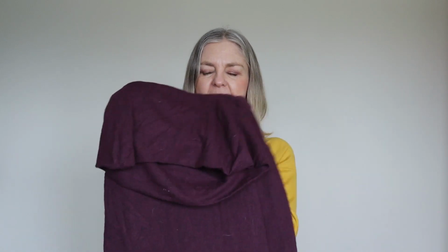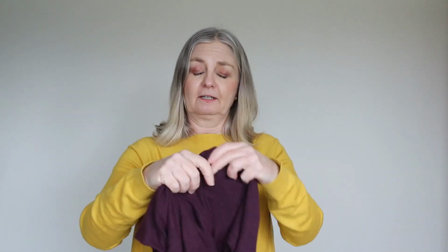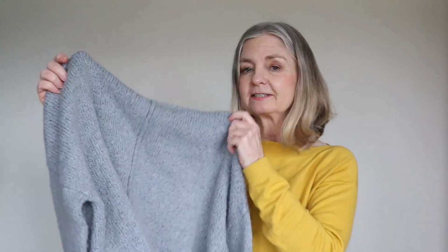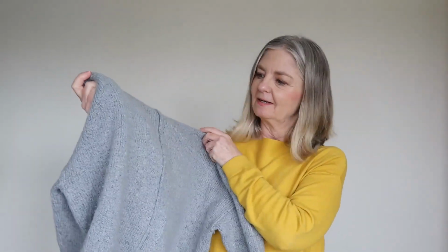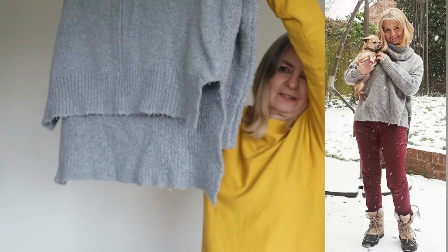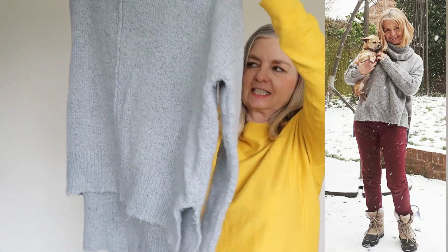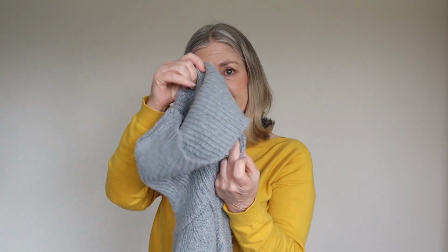It's an aubergine cowl neck or sort of roll neck thin fleece. We might get a chilly day, as I said. This is a very old Sainsbury's jumper. It's got a line down the front, it's got 2 levels there, lower at the back than it is at the front. Long sleeves, polo neck or turtleneck, floppy big neck,